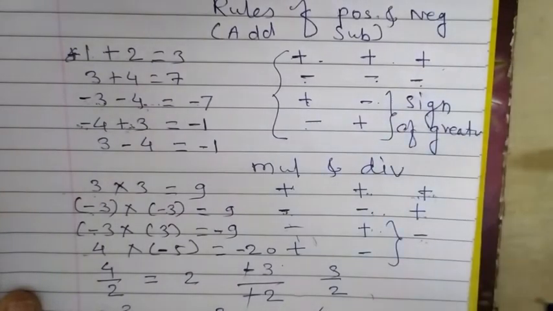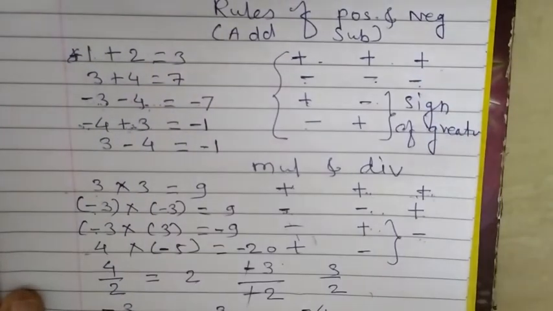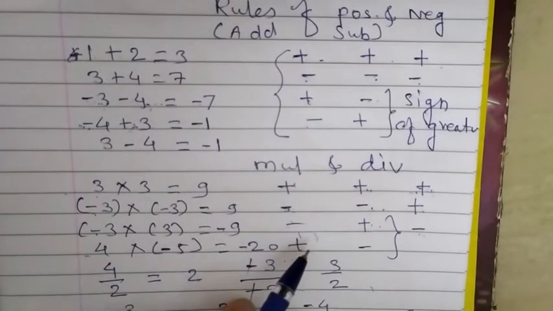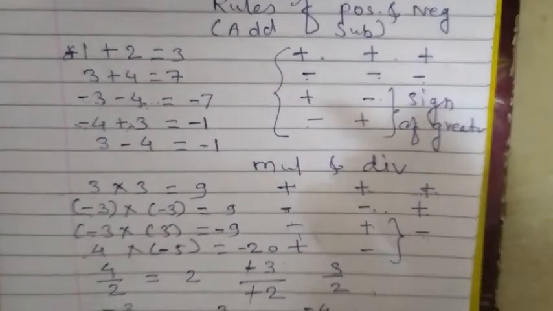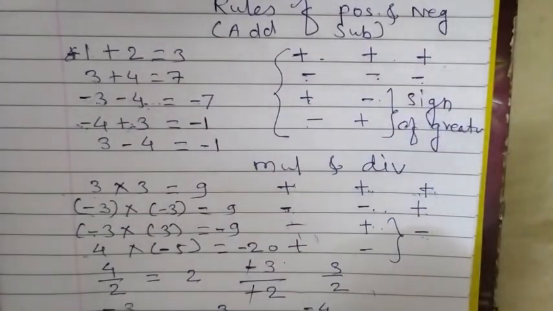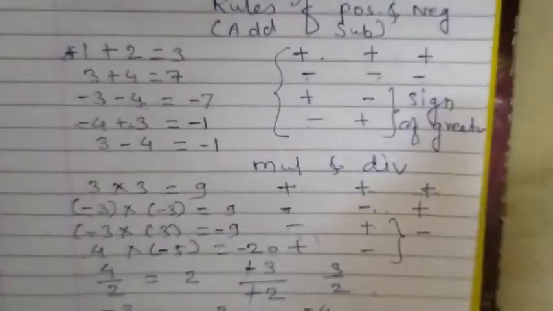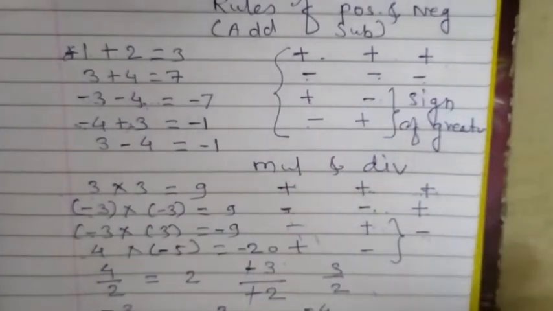Now I hope, friend, you understood this concept, how to do addition and subtraction whenever you are dealing with plus and minus numbers. After this tutorial, in the next section we will see some exercises based on the number line, on integers, and on the operations. There we will use different types of numbers, negative and positive, and on the basis of that we will solve the answers. So I hope, friend, you understood this tutorial.